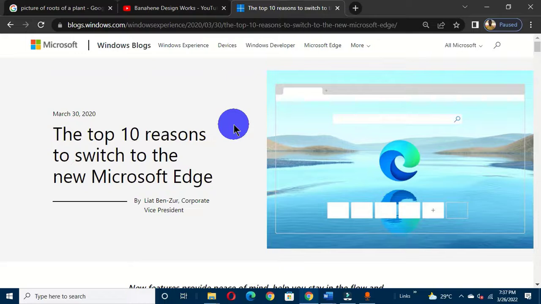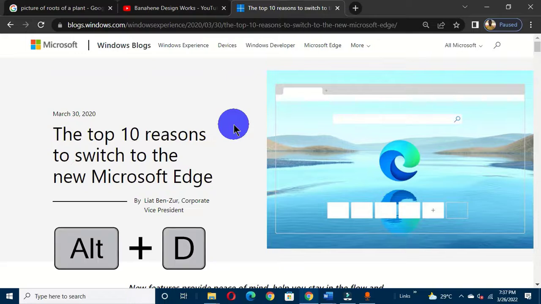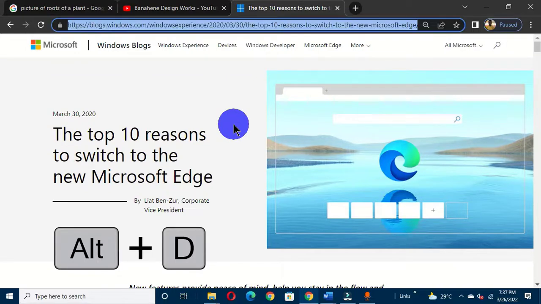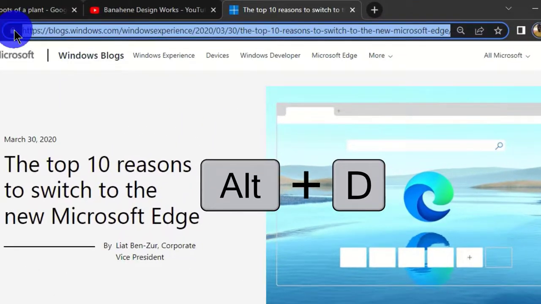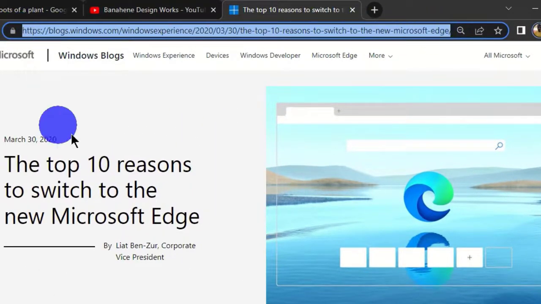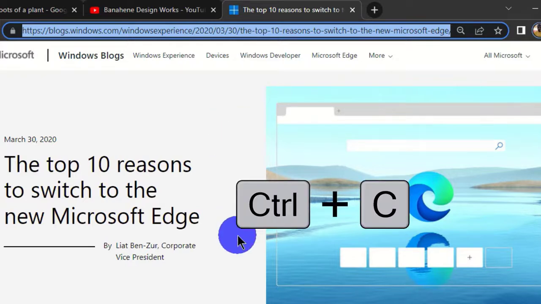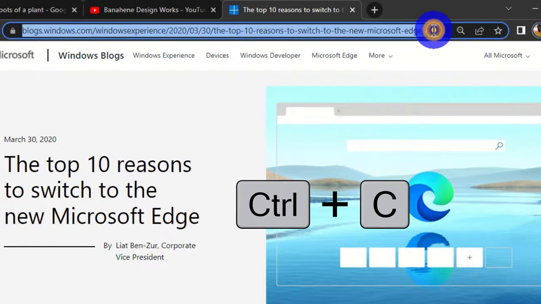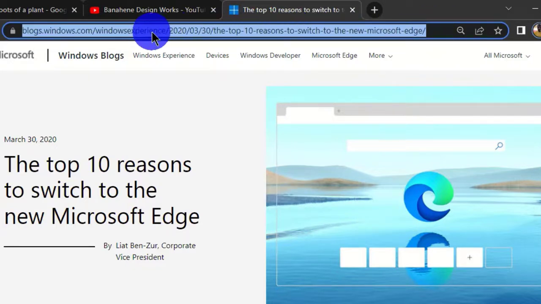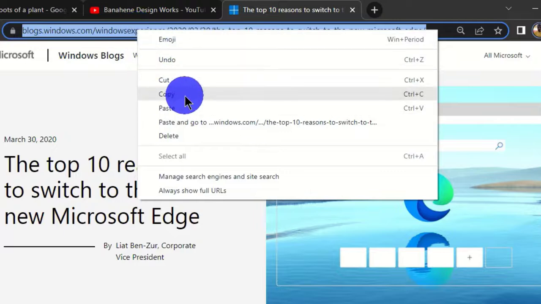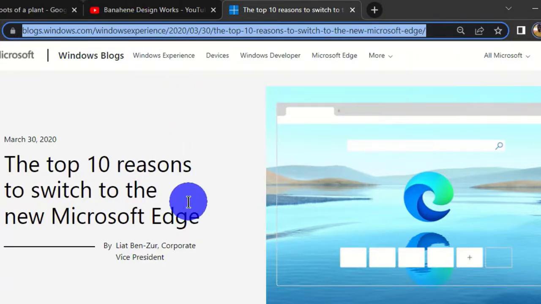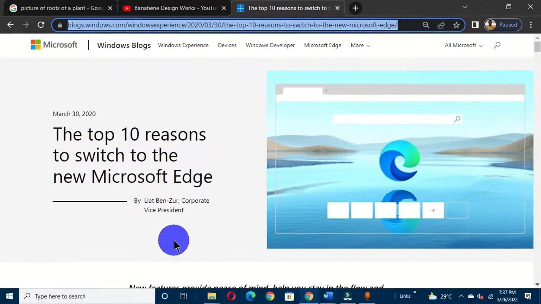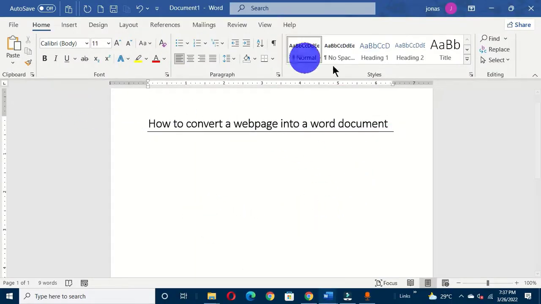Now, to do this, hold the Alt key plus D on the keyboard, and this is going to select the link address in this address bar. Therefore, I can hold Ctrl plus C on the keyboard. Alternatively, you can click in the address bar to select the text, then you right click and choose copy from the options. Now that we have this copied into our computer clipboard, let's minimize this window, and we have this